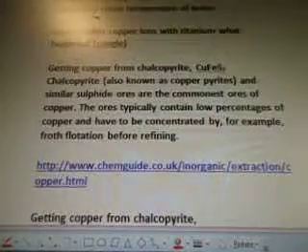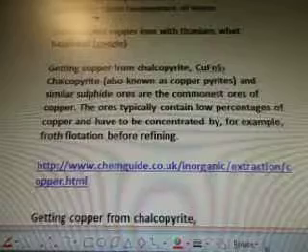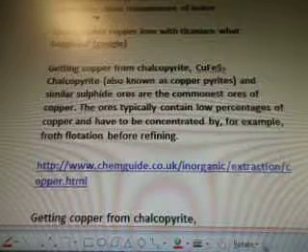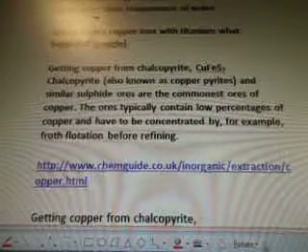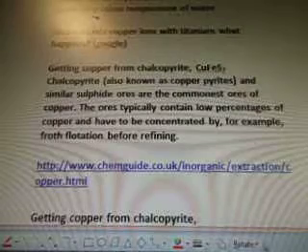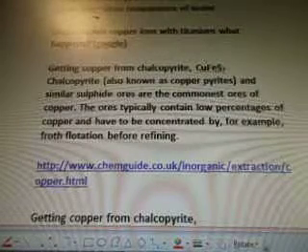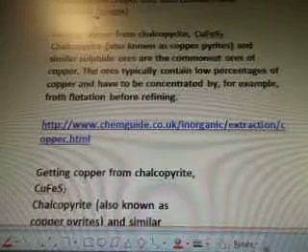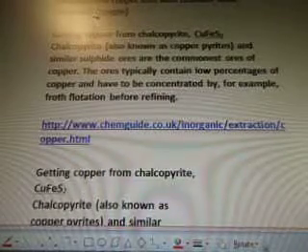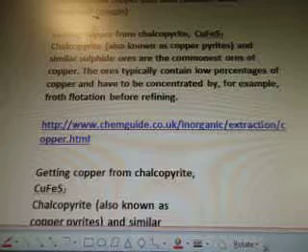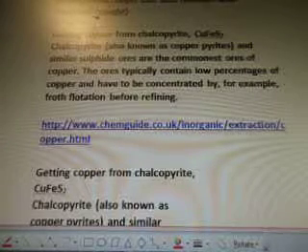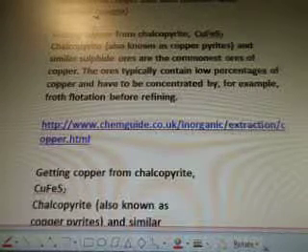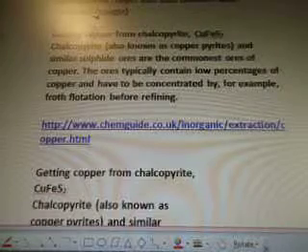So, getting copper from chalcopyrite, CuFeS2. Chalcopyrite, also known as copper pyrites, and similar sulfide ores are the commonest ores of copper. The ores typically contain too low percentages of copper and have to be concentrated by, for example, froth flotation before refining. And that's from